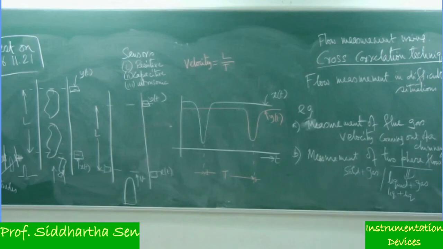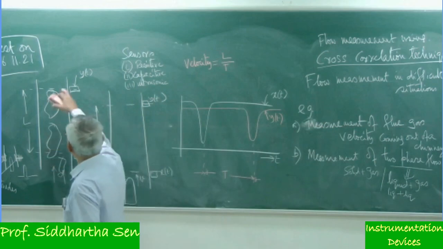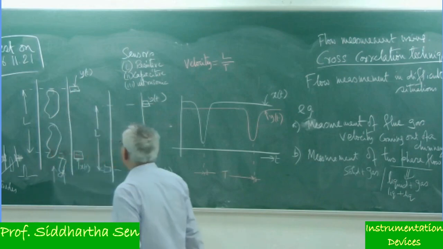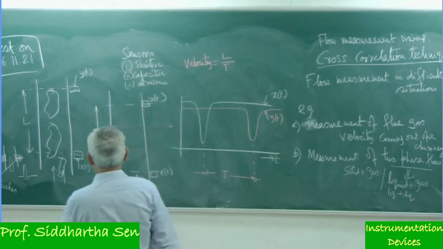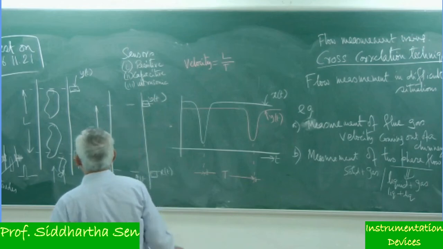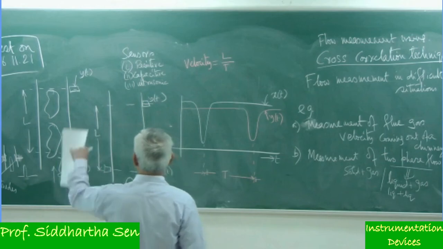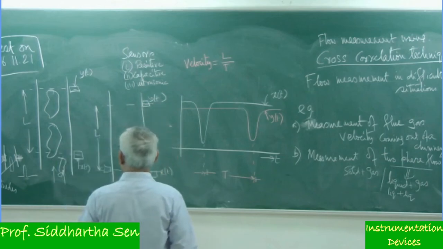So this is a nice way, what we call the tagging signal, a flow measuring technique that works even in difficult situations, for example, as I told, a two-phase flow. So we can measure this one.